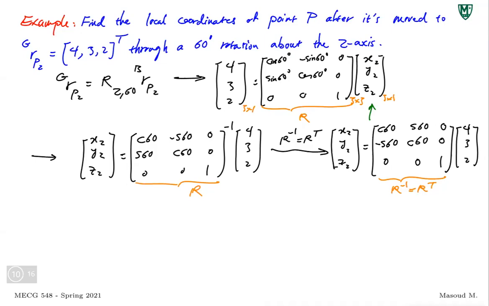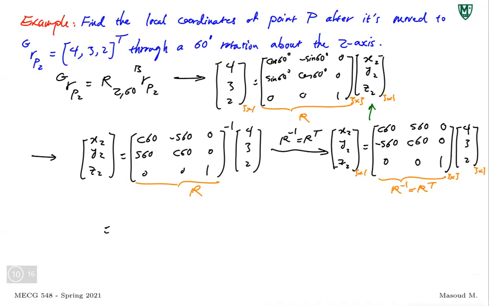And then that's easy. Right? Just again, the matrix multiplication. Multiply this 3 by 3 matrix by a 3 by 1 vector. You will get a 3 by 1 vector. Obviously, the elements of the result are going to be the corresponding values for x2, y2, and z2. Right? If you do that multiplication,